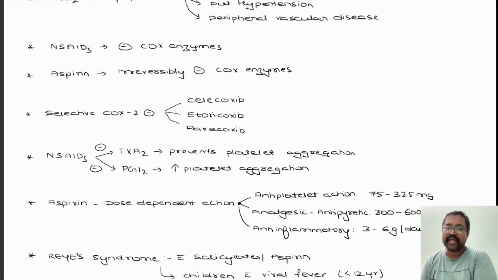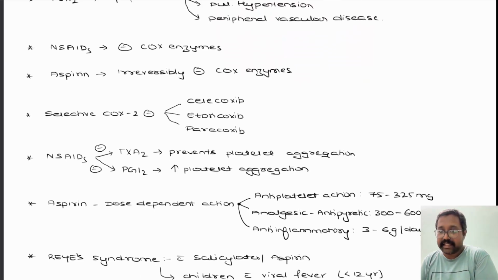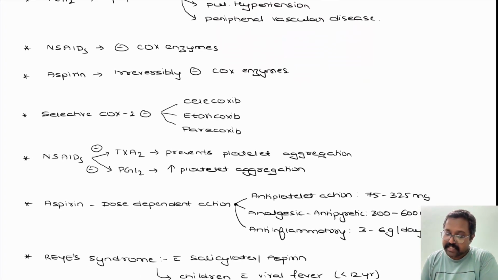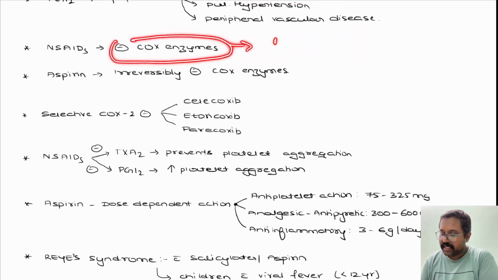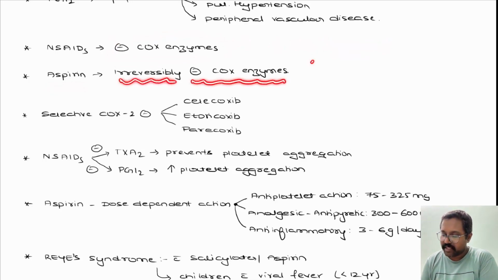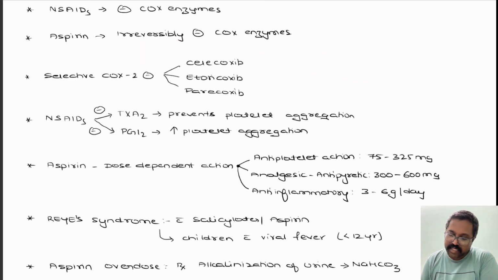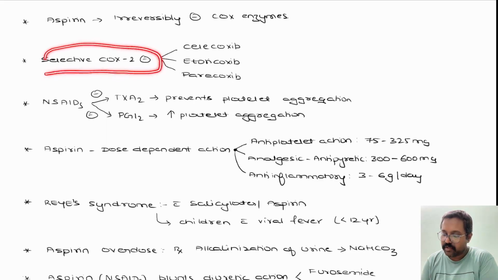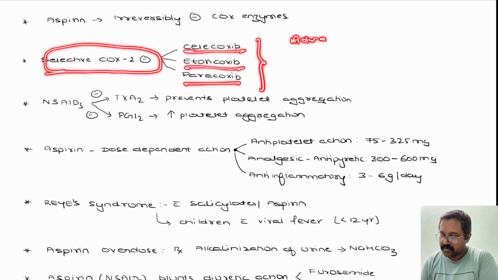So NSAIDs, what is the mechanism of action? Non-steroidal anti-inflammatory drugs inhibit cyclooxygenase activity, thereby decreasing prostaglandin synthesis, which are the inflammatory mediators. So what are the actions of aspirin? Aspirin irreversibly inhibits the COX enzyme activity, both COX-1 and COX-2. So what are the selective COX-2 inhibitors? We have celecoxib, etoricoxib, and parecoxib. So here the advantage is